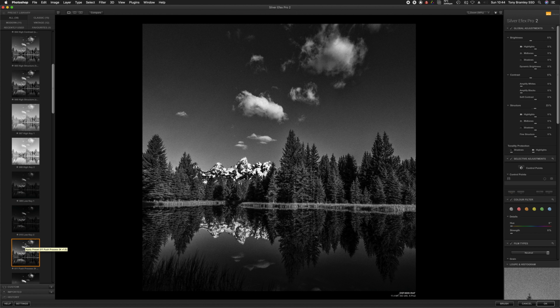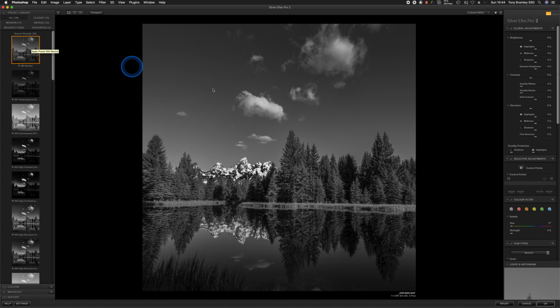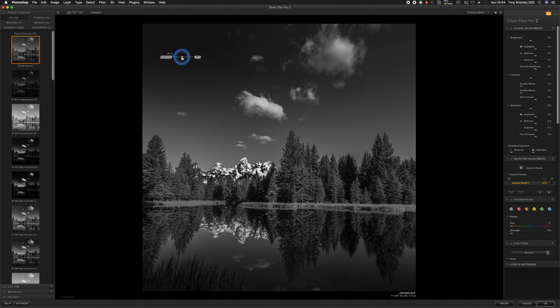So be selective, and what I'm going to show you though is literally some burning in, where we're going to go back to the neutral option, and there's no Silver Efex Pro presets coming through. So we go back to neutral, then head over to control points. So we're going to go up above the filters onto control points, click on a control point, and then bring it over to the area of sky that you want. We're going to set the size just with this slider here. We want something quite wide,